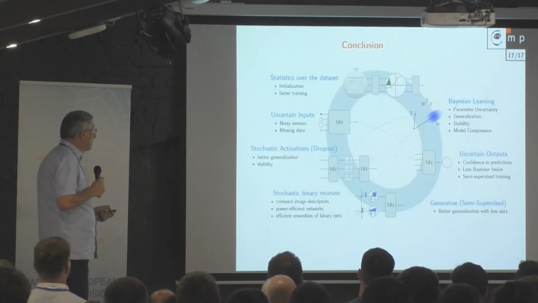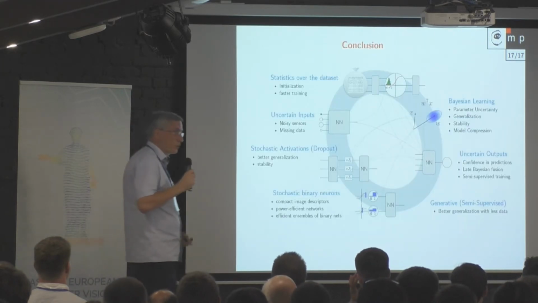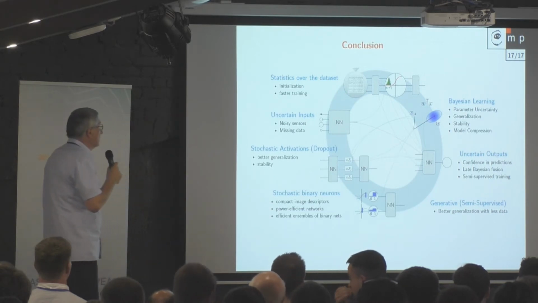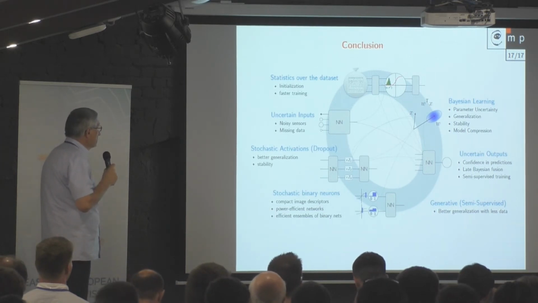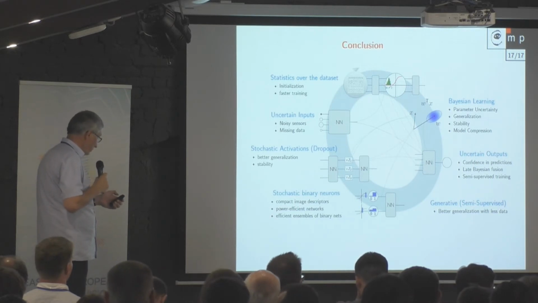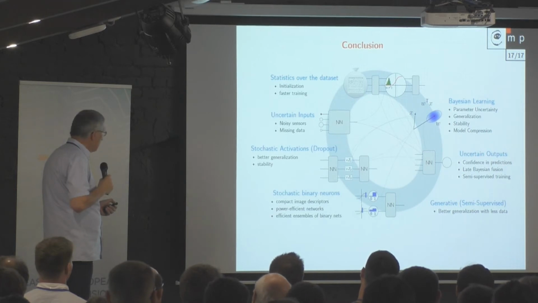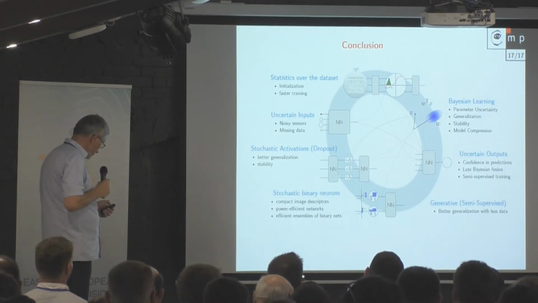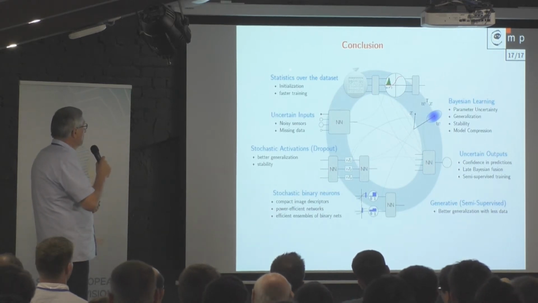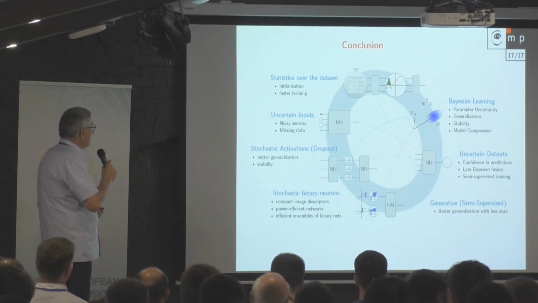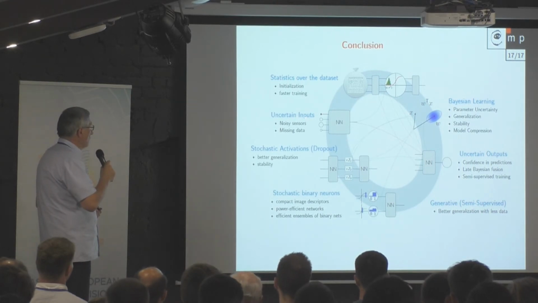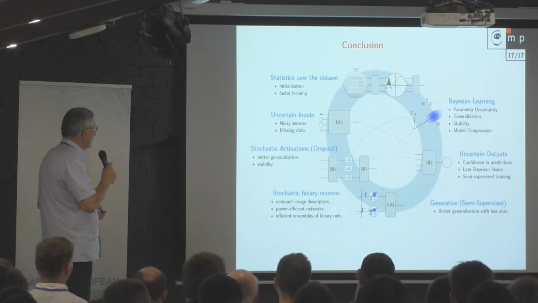Okay, let me summarize. I wanted to motivate the idea to use stochastic networks in deep learning, and this is a picture which shows things we have done already, like statistics over the data set, initialization, faster training. But it can in principle also be used for the situation when your inputs are uncertain. So if you have noisy sensors or missing data and you want to propagate this uncertainty through the network,